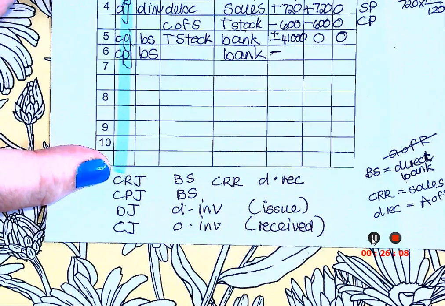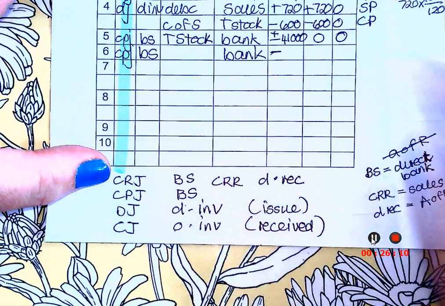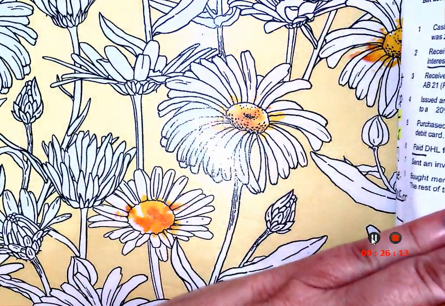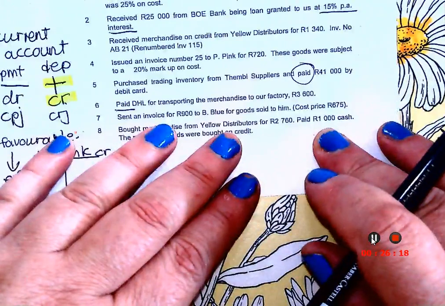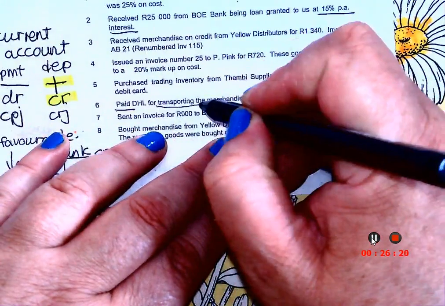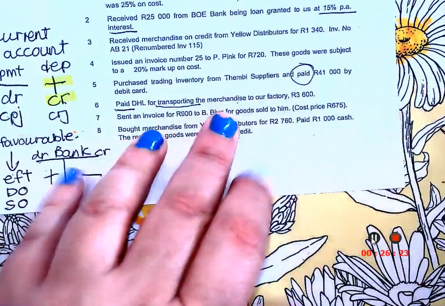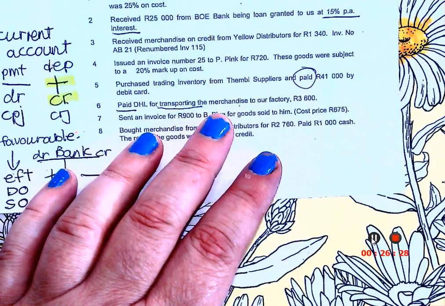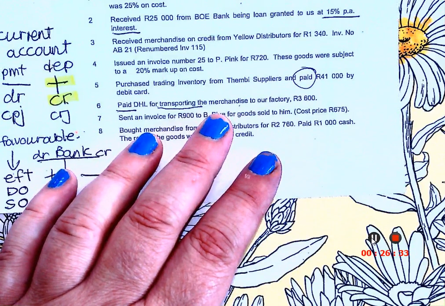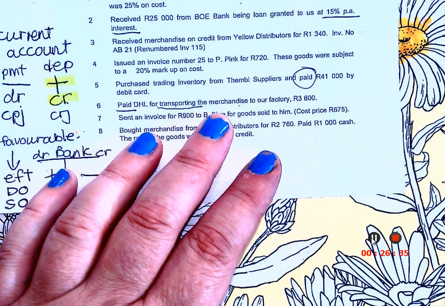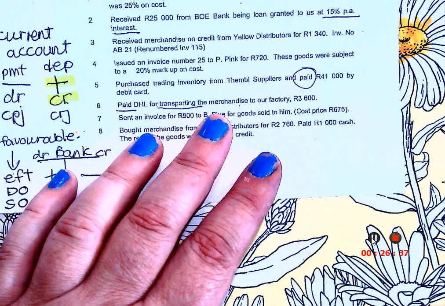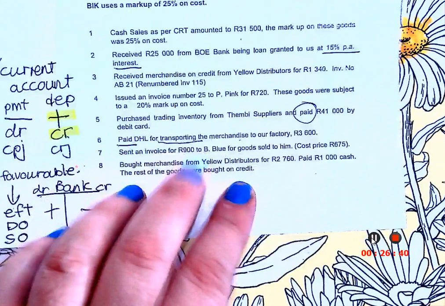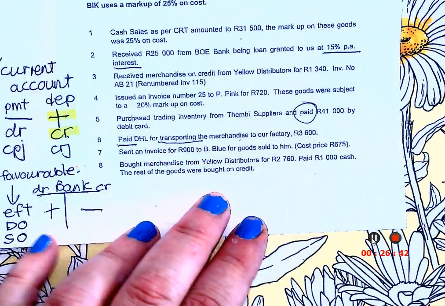Okay. So let's go look. What did we pay? We pay, now look at this. We pay transport for merchandise that's delivered to our factory. Now the moment stuff is delivered to our factory, it means we needed to pay for it, and it makes the stock more. Let me quickly explain to you. We call it in real life, we are loading the cost.